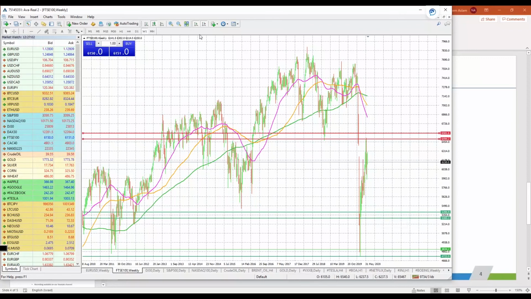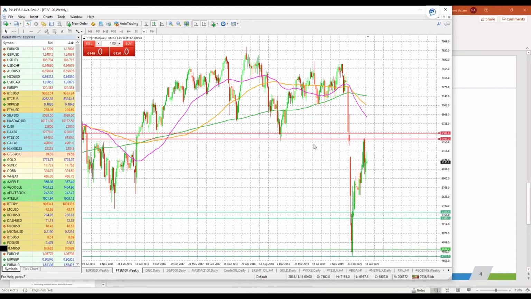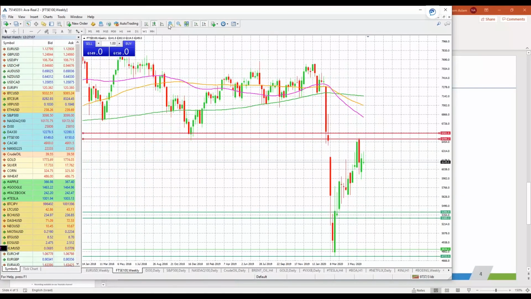Now, when we look at the FTSE 100 index, what a move we have seen during the past few weeks. Obviously, this was very much struggling, and it is still very far off from this year's all-time high. Still a long way to go, and it is still trading well below all the important moving averages. So by looking at it, you can clearly see that the FTSE 100 index is the weakest index among the two other indices that we have talked about.